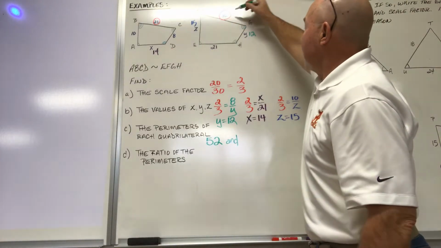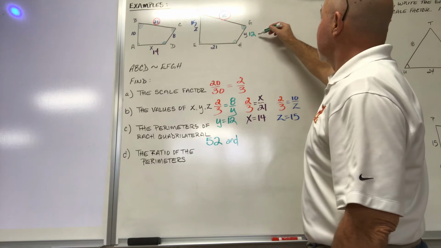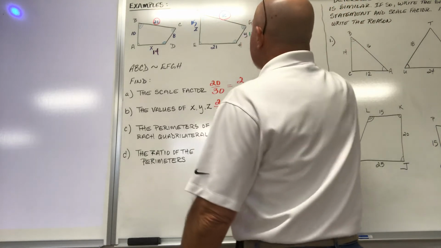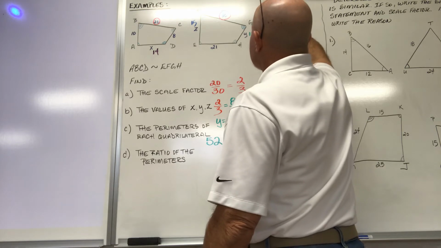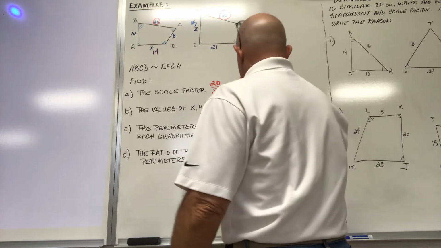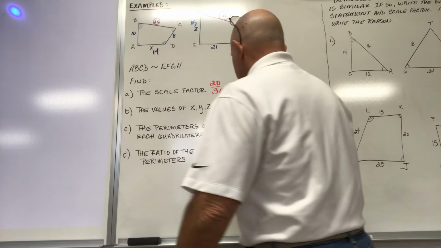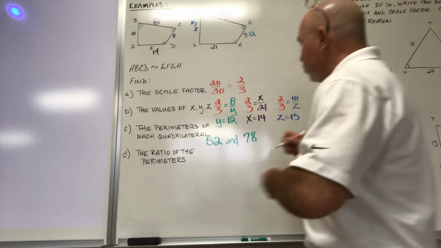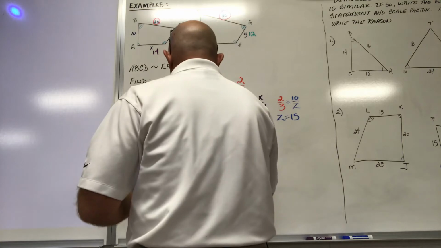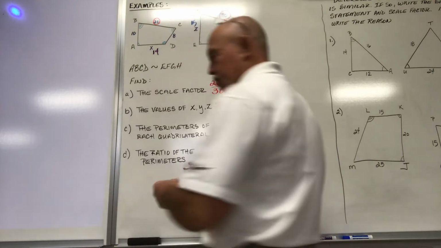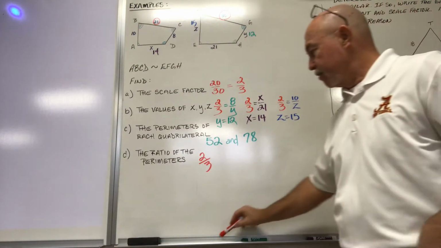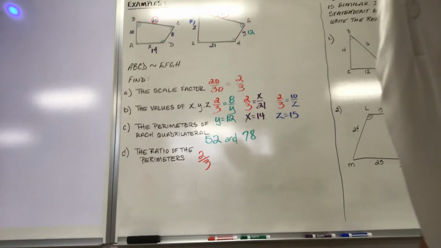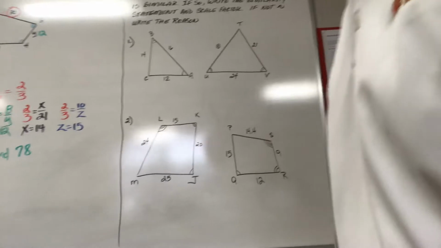$15, 45, 57. I think that's right. 30, 60, 78. Okay? And the ratio of perimeters, we already know, is the same as the scale factor. So there we have it. It'll be easier to see when I take the pictures for you. Okay? Next,